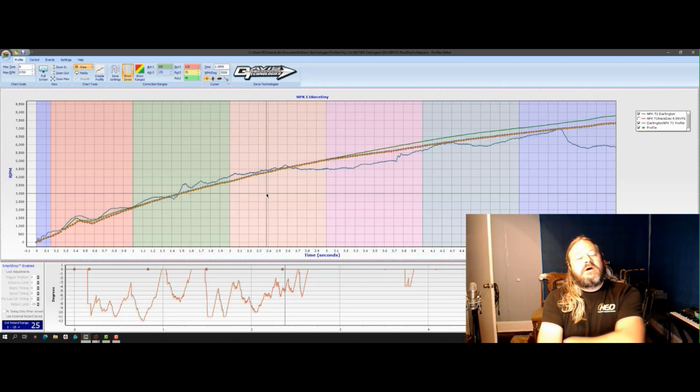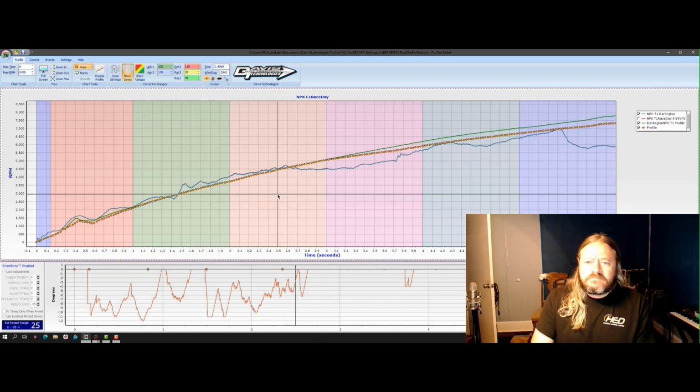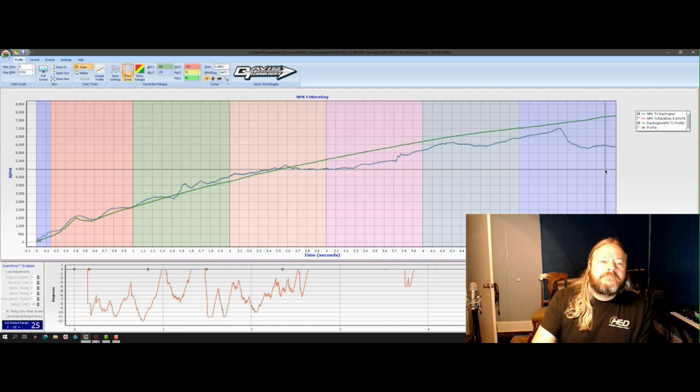Okay, so in this car we use a Holley for the engine management and boost controller, runs the whole car pretty much. And we also use Davis Technologies Profiler to manage wheel speed. These two things together are, I guess, my weapons of choice nowadays. And not the only things I use, but a lot of times that's what we use. And some of the focus on this channel is going to be about both of these. All right, so this data here is...